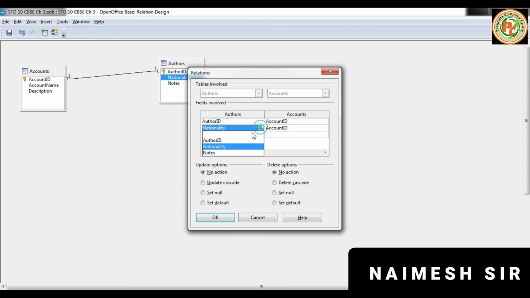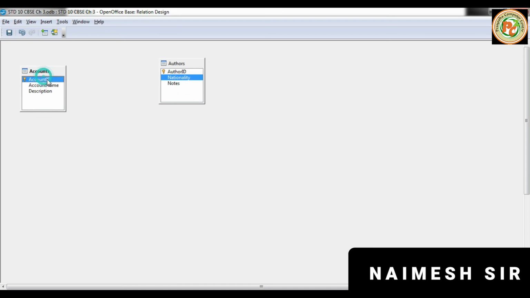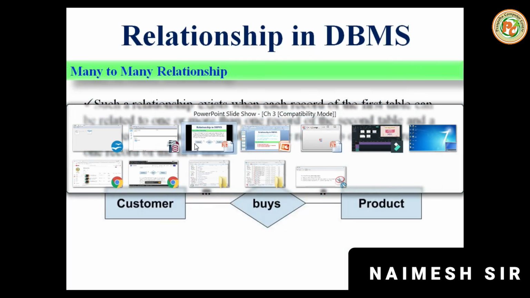Both should be required the okay, so it requires both primary key. When we assign it, we require the primary key also for this. So we are not assigning the many to many, but in short, many to many means more than one field can be assigned the relationship to the here more than one field also, so this is called the many to many. Okay students, so this is called the relationship in the database.